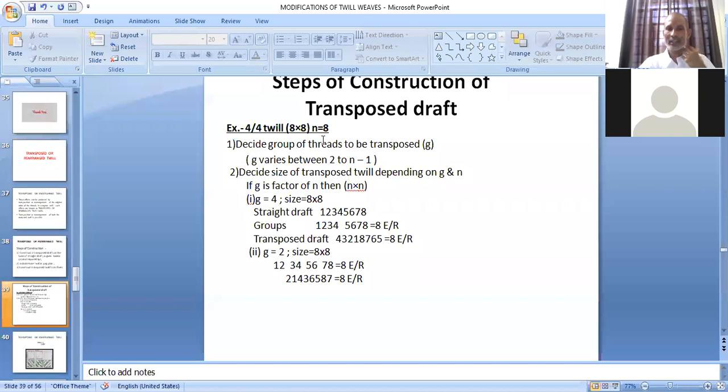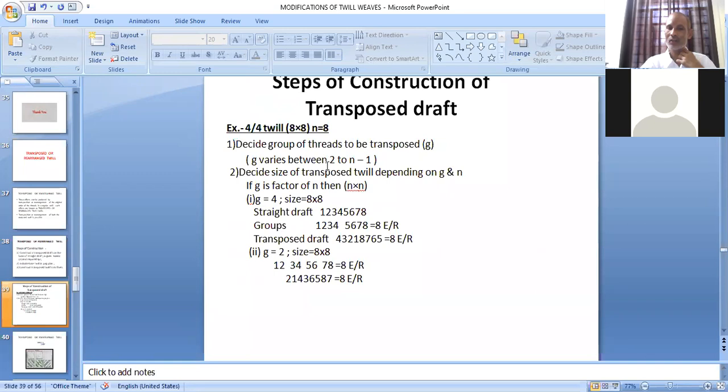For example, we are taking 8 cross 8, so you can take G equal to 2, 3, 4, 5, 6, 7. But as I have suggested, it is easy and it is better to use the number for G less than n/2. So here 8, n/2 is 4. So we can use 2, 3, or 4. And I'm taking examples which are based on group size equal to 2, 3, and 4.